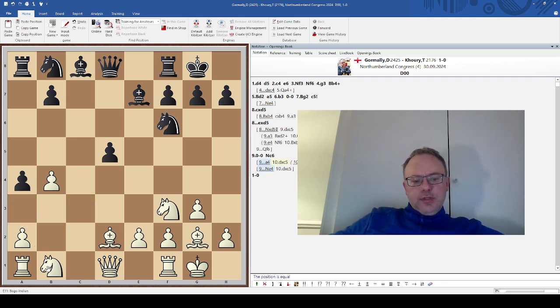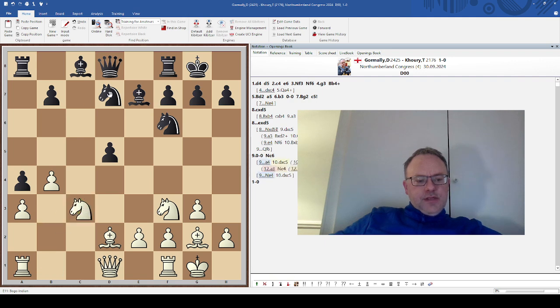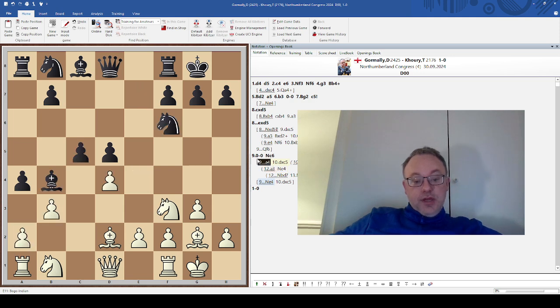I wasn't sure. If I go knight c3, I drop the b pawn. If I go a3, he goes knight e4, which I didn't like. There was also the option of going maybe knight d7, knight c3, knight b6 was also a possibility to go put the knight on c4. I think it's unclear anyway. I think he could have played this knight e4. I've not checked the engines. I don't really know. But I took there, and he took with a bishop, and I went knight c3, and